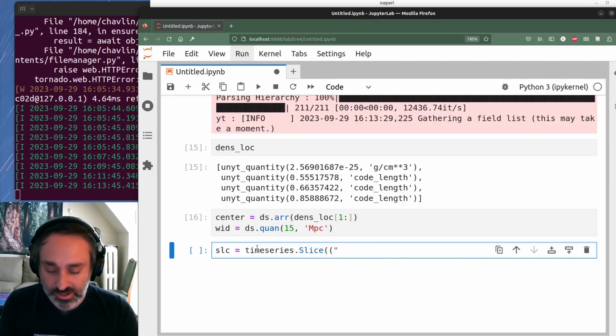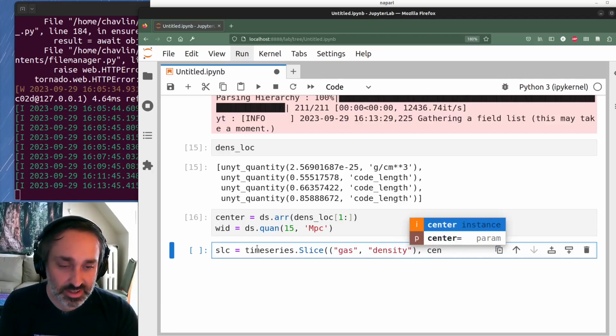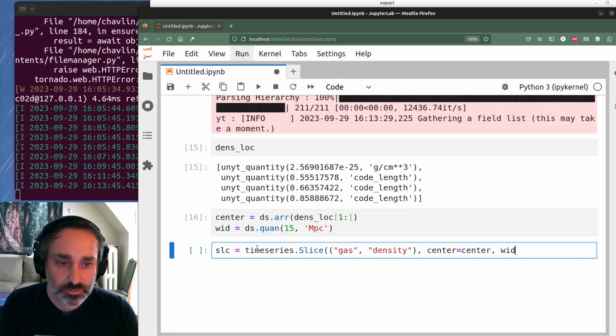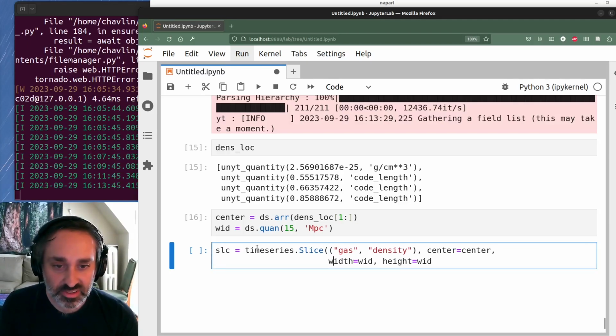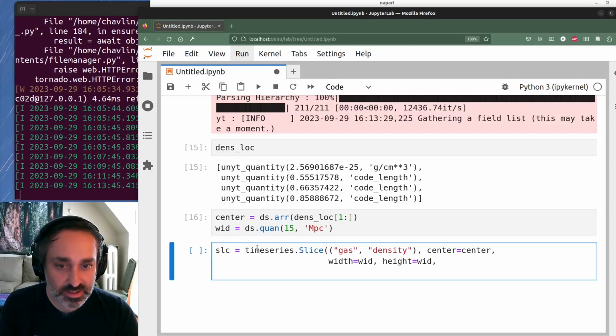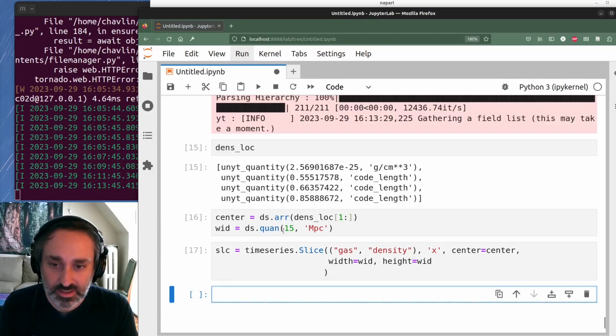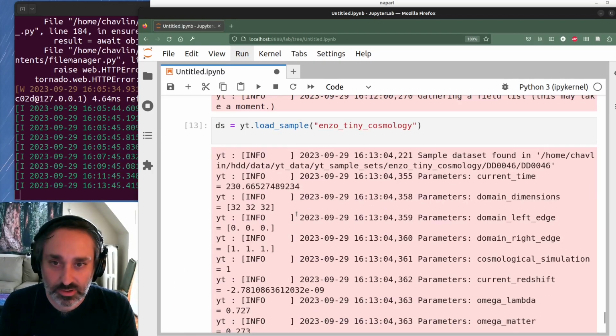So we want our gas density center is equal to center, width is equal to width, height is equal to the same value. So we'll use this 15 megaparsecs for both width and height. And we also need our normal. So let's go normal to X and keep the standard resolution. So let's do that, and then we'll go back